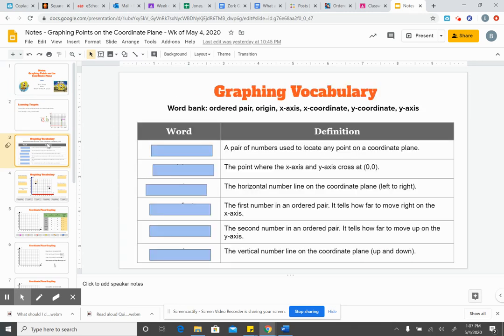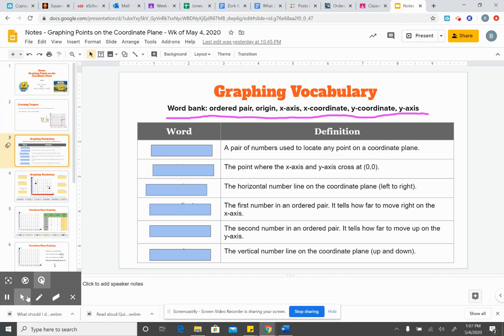First, let's practice some vocabulary. So these are the same vocab words from last week. Okay, we have ordered pair, origin, x-axis, x-coordinate, y-coordinate, and y-axis. Okay, so I will underline all of those words in pink so you can see where I'm looking. And now what I'll do is I'm just going to read the definition and show you what the vocab word